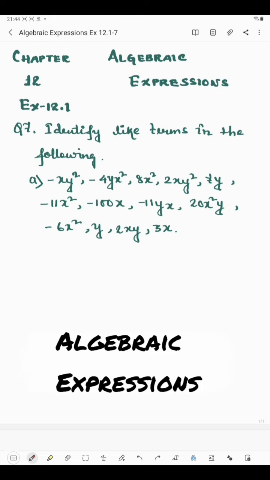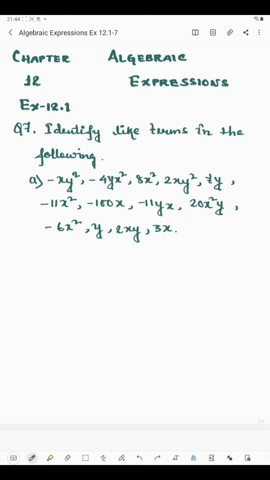Hello students, now I am going to start question number 7 of exercise 12.1. Now question number 7 says identify like terms in the following. Now what are like terms? Like term means that have the same variable